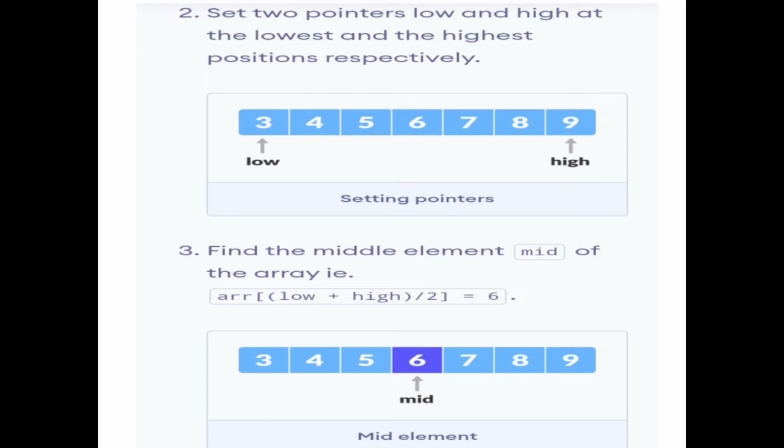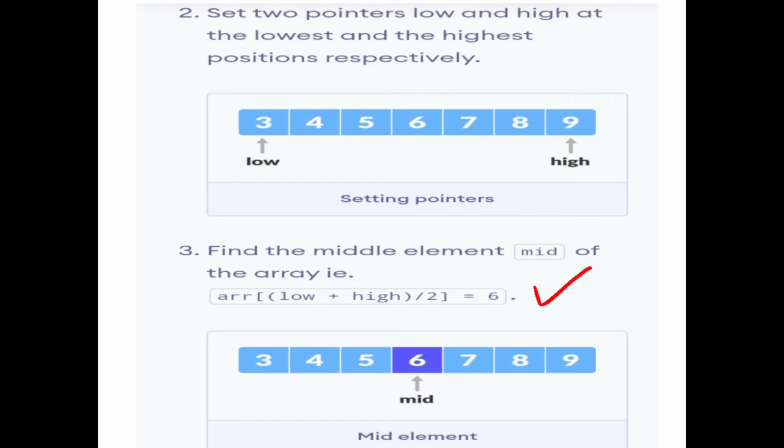The next step is to find out the mid position of an array, otherwise the middle element of the array. So that is the next task. How can we find the middle element? Using the formula: (lowest plus highest) divided by 2, that is the mid position of an array.